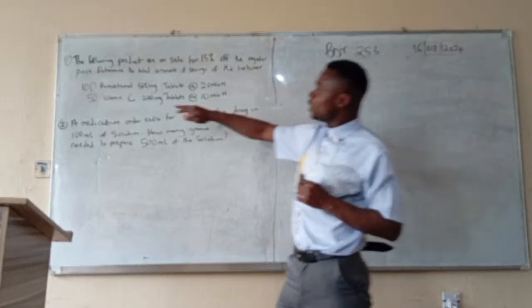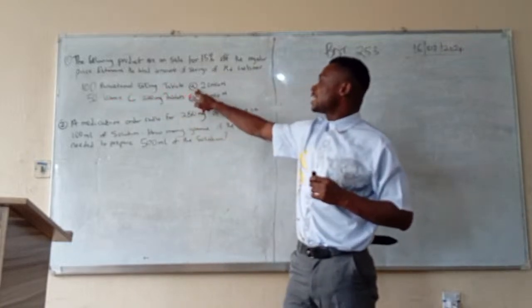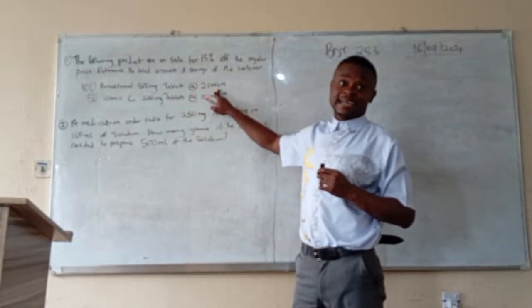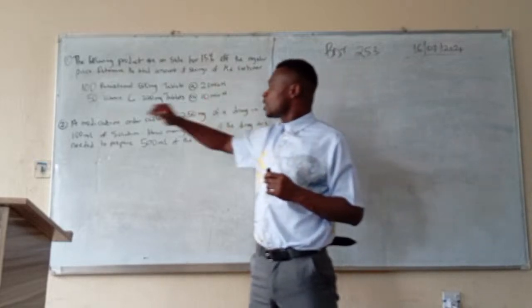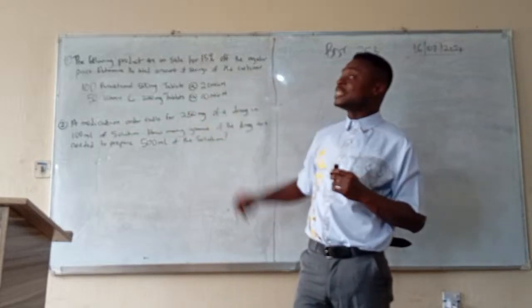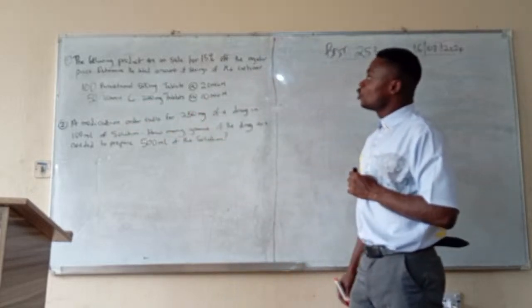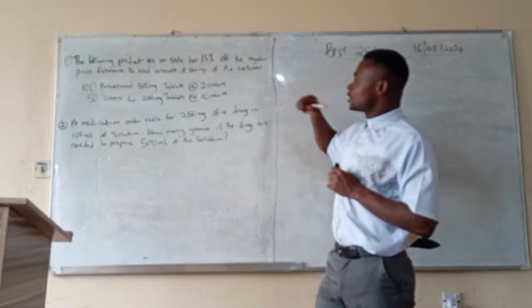Here is 100 paracetamol 500 milligram tablets at 20 Nigerian naira. That is, a tablet is 20 Nigerian naira. Then 50 vitamin C 200 milligram tablets at 10 Nigerian naira. So they want us to find out the savings